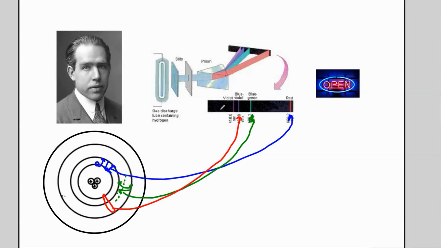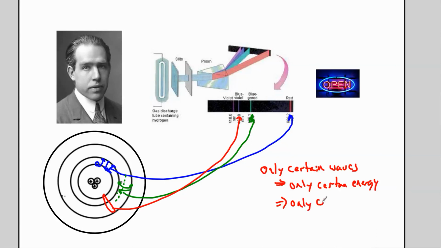And because he had this observation that there was only very particular waves, only certain waves, that meant for him only certain energies, and in his mind that led to a modification, which means that the orbits were specific and only certain orbits, and jumping between those orbits gave very particular sorts of energy give-backs in the form of light. So this is Bohr's model right here,